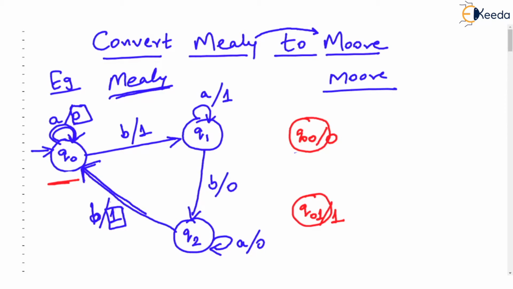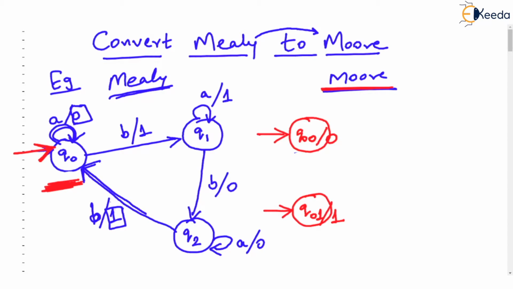Now you see what a funny situation we are having. The Q0 state of the Mealy machine was the initial state, correct? And now we have split the initial state into two different states. How can you have two different initial states? In any finite automata, there can be only one initial state. So here comes the point. In the resultant Moore machine, both these states, Q00 and Q01, will be initial states. Yes, we will have two initial states. That means the machine can either start in Q00 state or it can start from Q01 state. Any state it can start from.